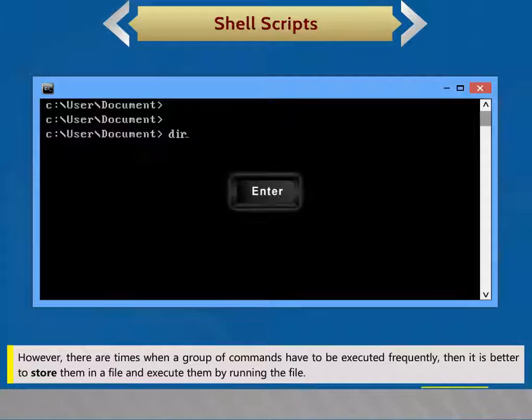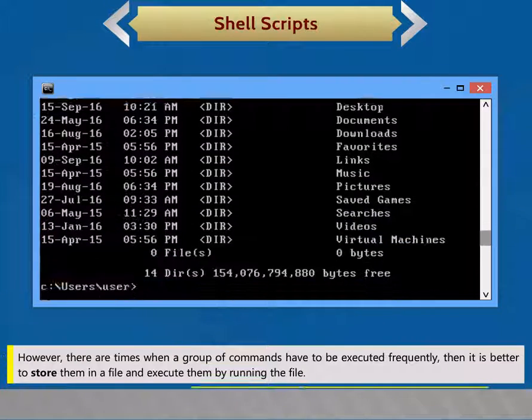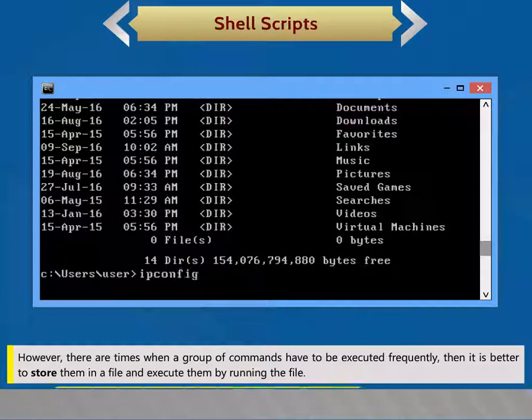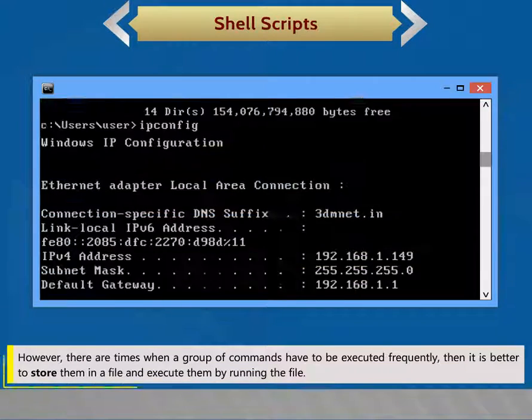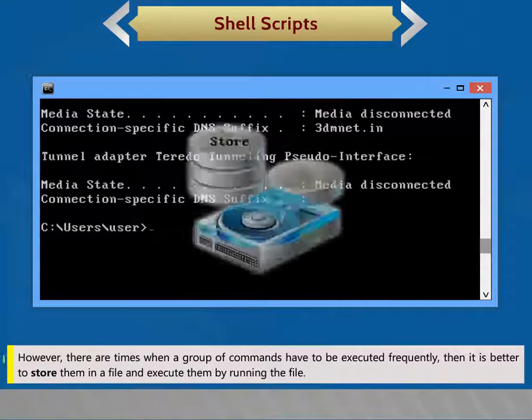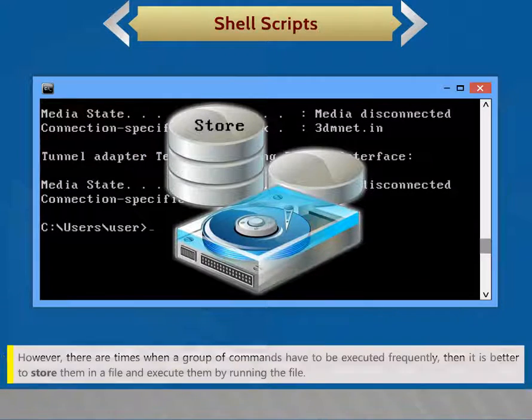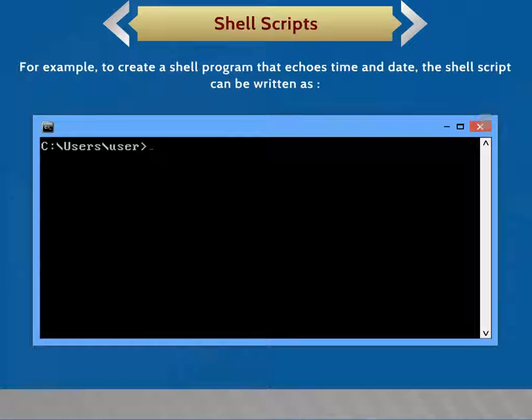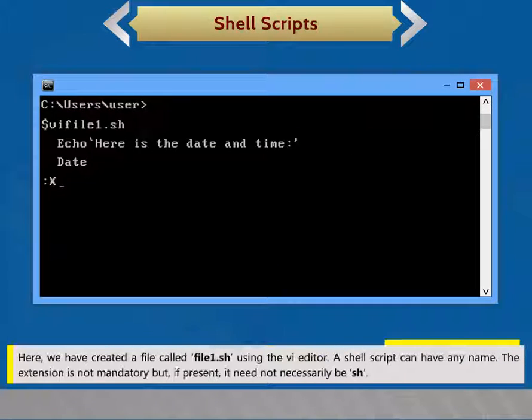However, there are times when a group of commands have to be executed frequently, and then it is better to store them in a file and execute them by running the file. For example, to create a shell program that echoes time and date, the shell script can be written as: